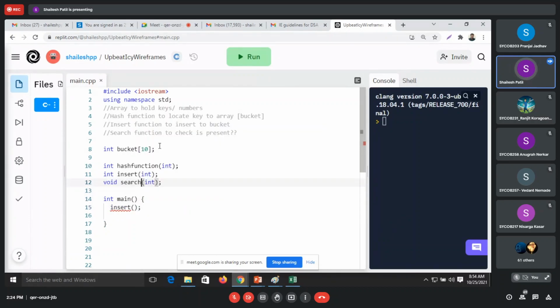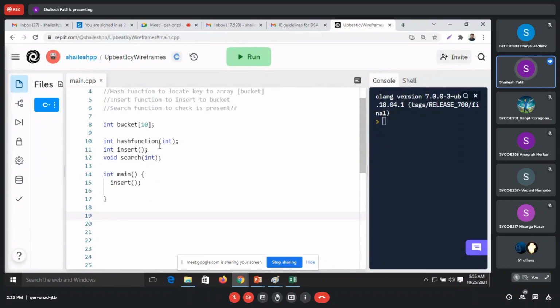The insert function will be called directly, no need to pass any number to it. In insert, I will write int insert, or you can make it void also, no issue. To that insert, I will add cout, enter number.